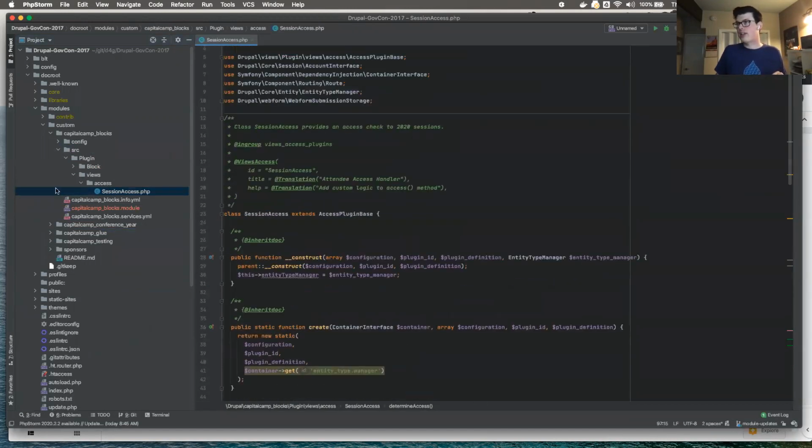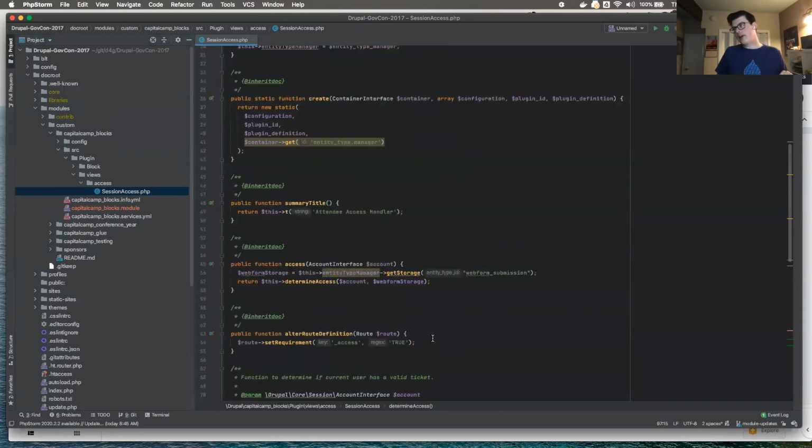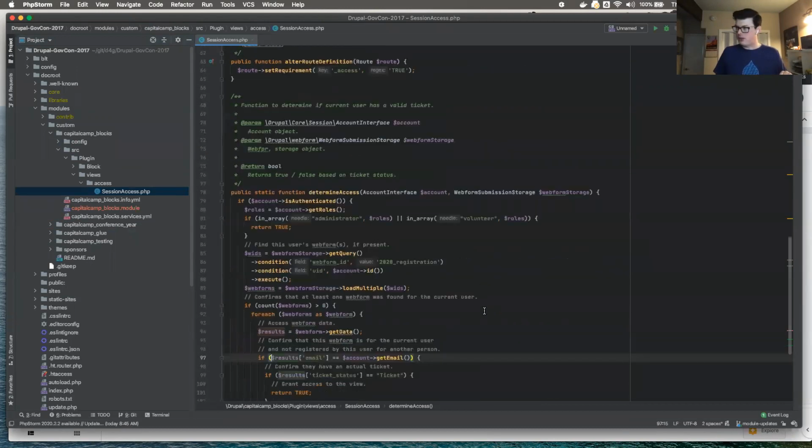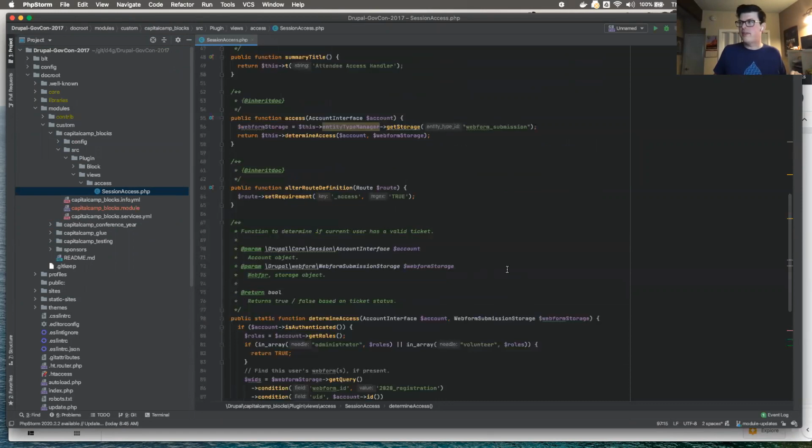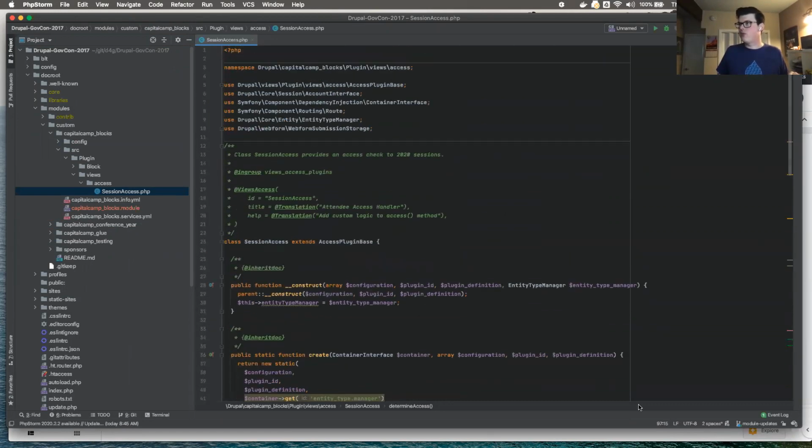So this is actually a views access plugin that we wrote for the conference this year. And you can see there's actually quite a bit more going on that looks a little different, a little bit more like actual PHP development and a little less like Drupal 7 hook implementations.